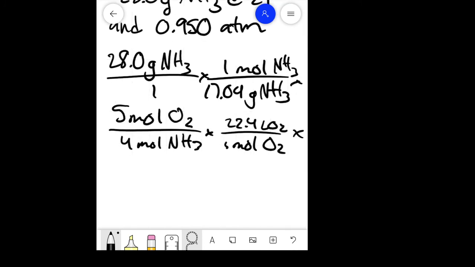But we're looking for milliliters, so we have 1,000 on the top and 1 liter on the bottom. Nothing cancels out, so you put 28 times 5 times 22.4 times 1,000 divided by 17.04 times 4. So that will give you